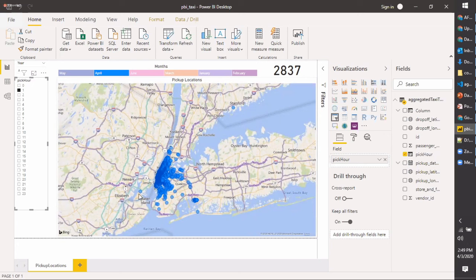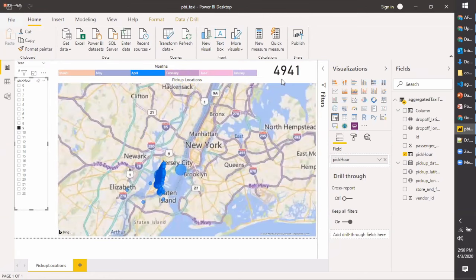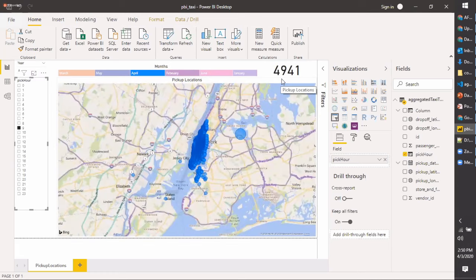There were some kind of outliers. For example, this is a location which is not near this city. So this kind of data you can use to make sure where you want to place your taxis, so that people are consuming those taxis for their rides. Then here again, if you go to 9 a.m., you can see that now the rides are doubled. So this is the basic